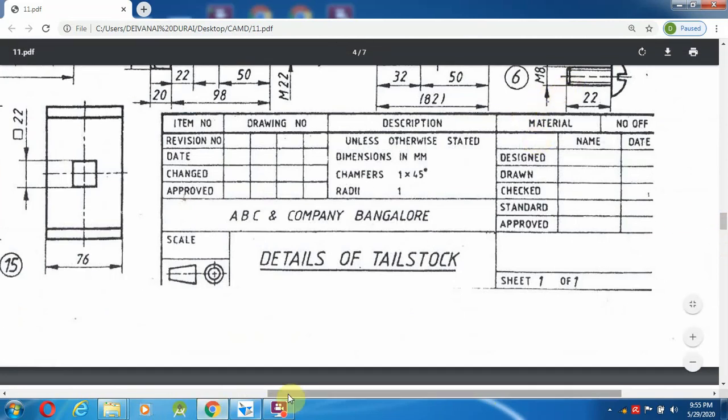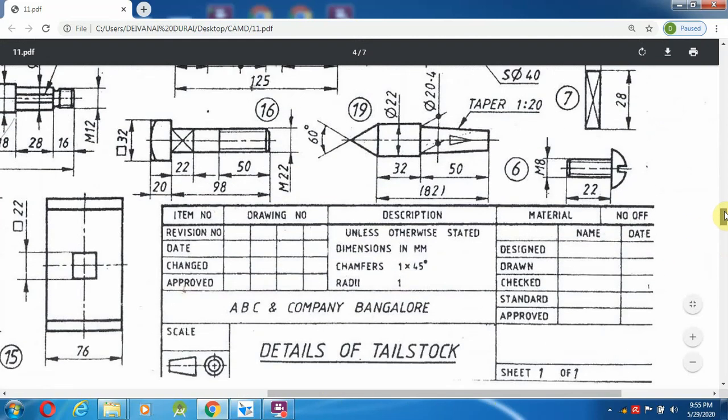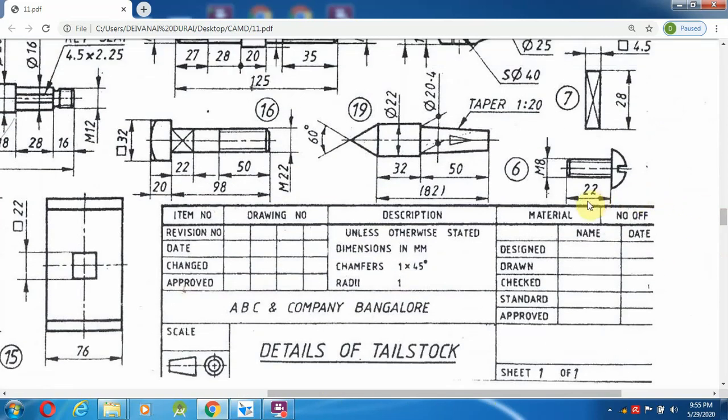Screw, so this will be the 22 mm diameter, and from this top they given as a 6.